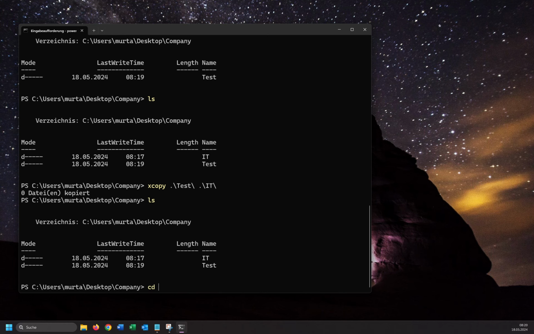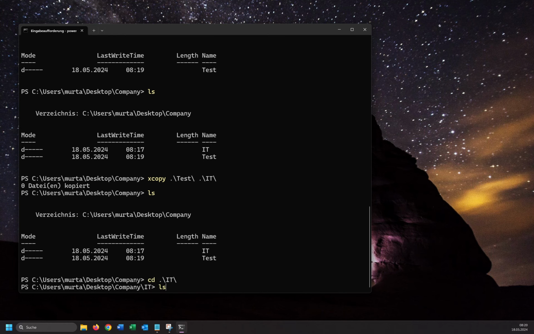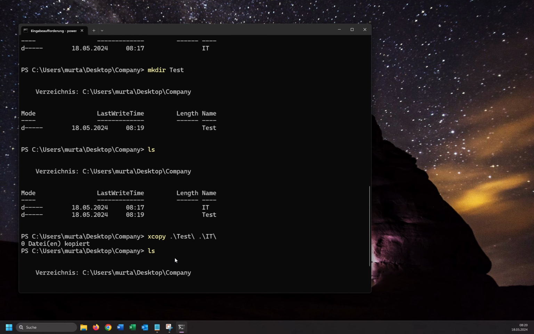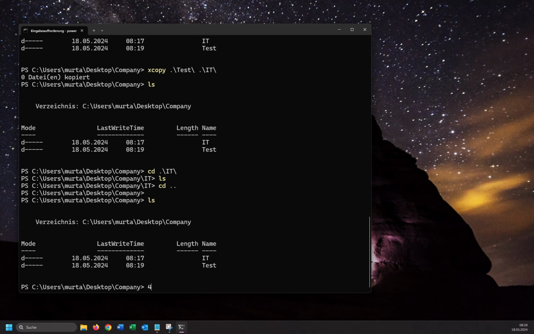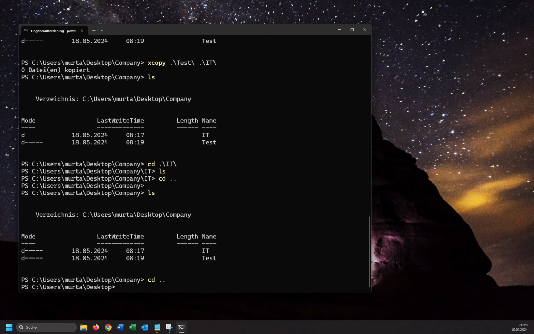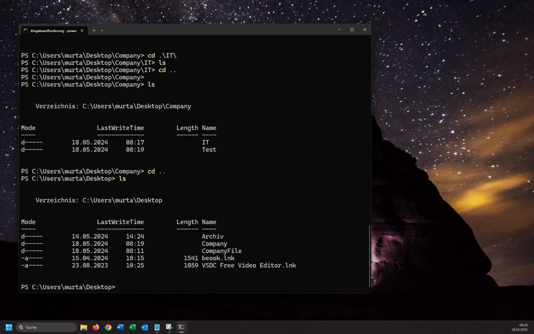How can we check that? cd IT, change, and ls. Let me check it out. ls. For example, if I want to copy the company folder into company file, xcopy